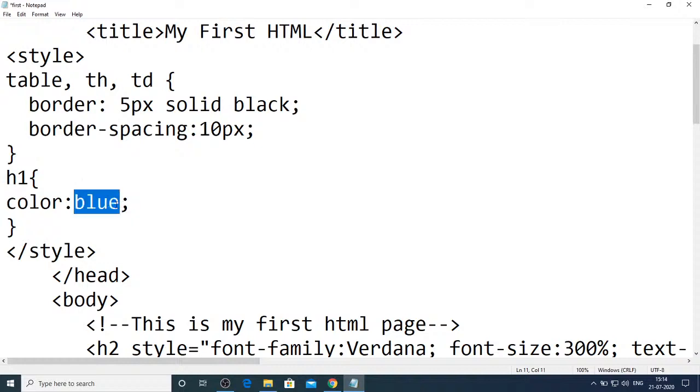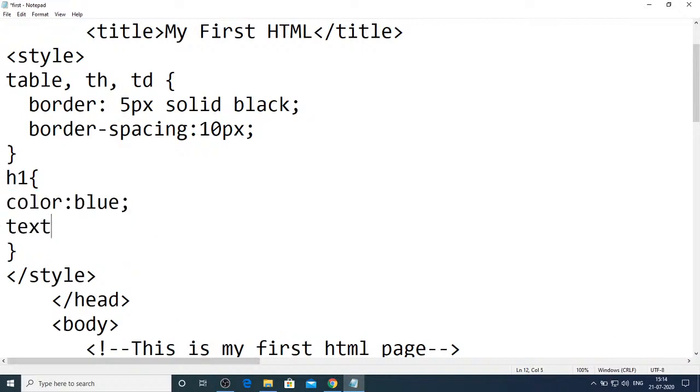So this is the value of the property color, and this is one declaration. Like this, you can even set another, like text align colon. So colon is the separator for the property and value of the declaration. I hope you are able to understand. Colon is the separator for the property and declaration. So text align colon center. That means for the heading tag, I am defining color as blue, and I am defining text alignment should be center,